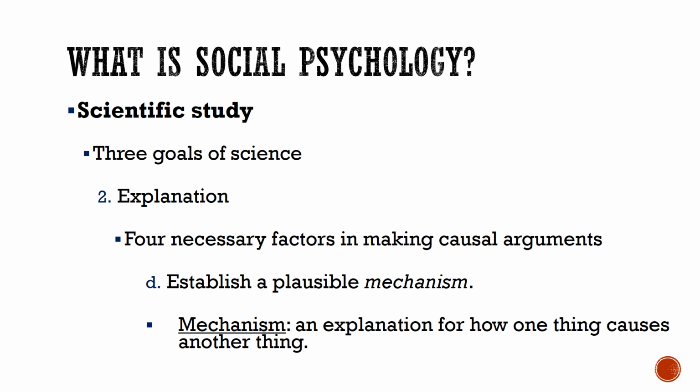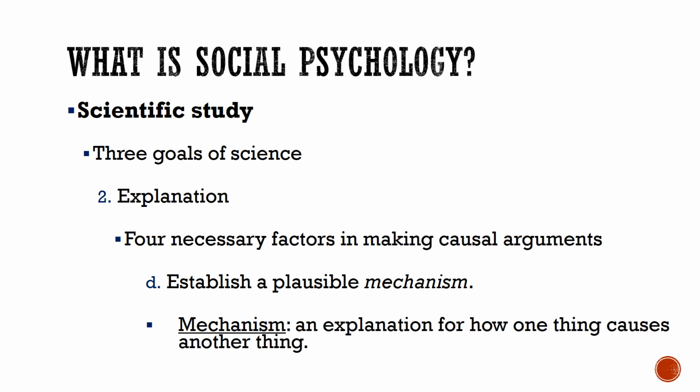And the fourth thing that needs to be established to make a causal argument in science is that there is a plausible mechanism. A mechanism is an explanation for how one thing causes another thing. For instance, if I were able to show an association between belief in the Bible and attitudes toward homosexuality, establish